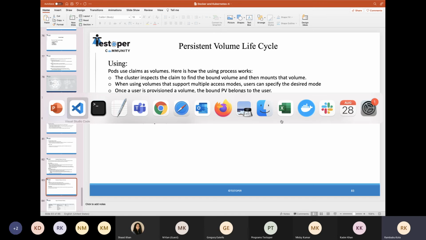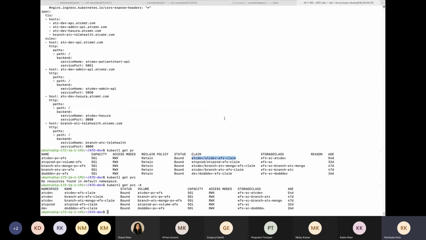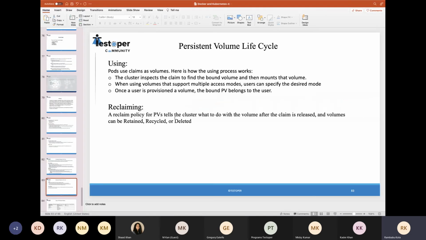So reclaim policy delete means whenever we delete the volume claim, the volume gets automatically deleted. And if the reclaim policy is retained, whenever we delete the volume claim, the volume is still saved and it's not deleted.